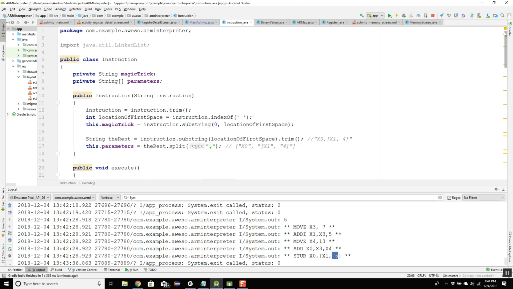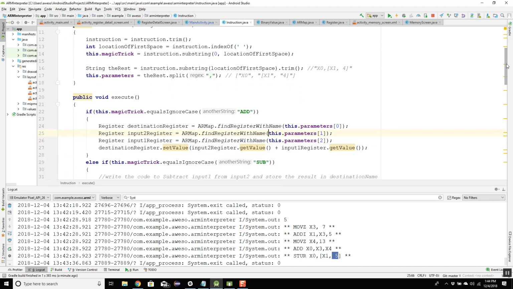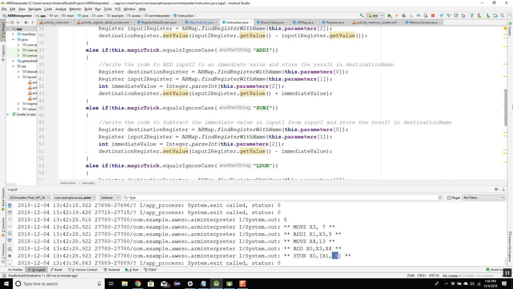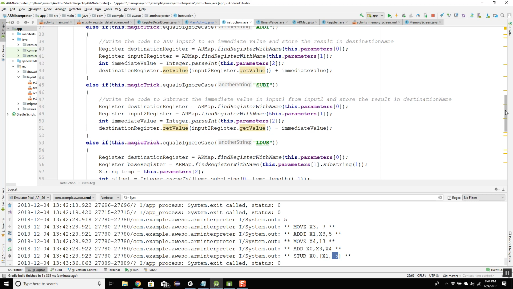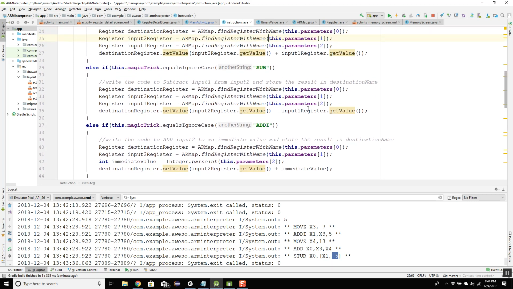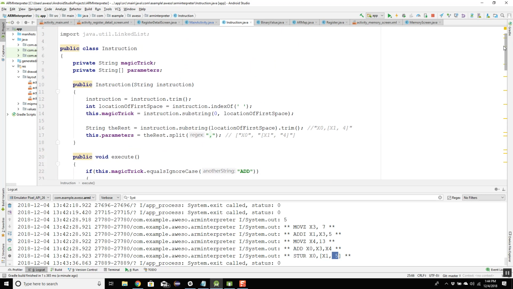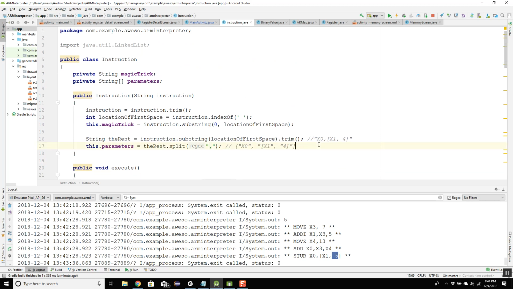Probably the best way to fix that, since we want those parameters to benefit us throughout, is we can probably just trim all the parameters in one place rather than having to go through and do special situations in here. So up here, after I get my parameters, I'll say trim the parameters